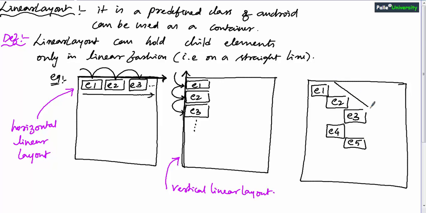This type of diagonal or zigzag orientation is not possible with linear layout. You can consider this a drawback of linear layout. In such cases, we can go for the next layout, that is relative layout.